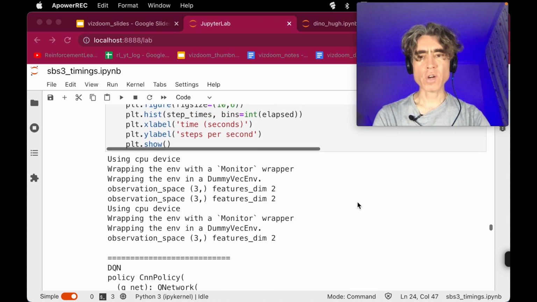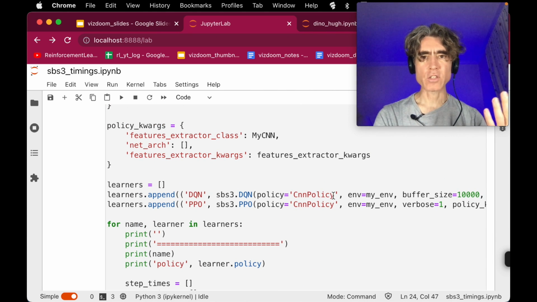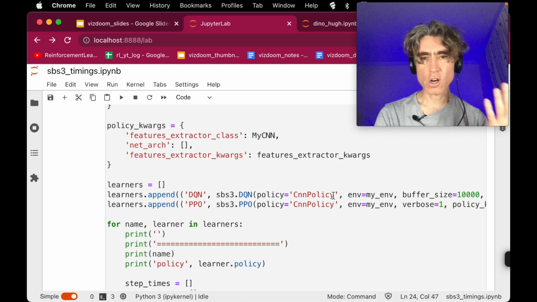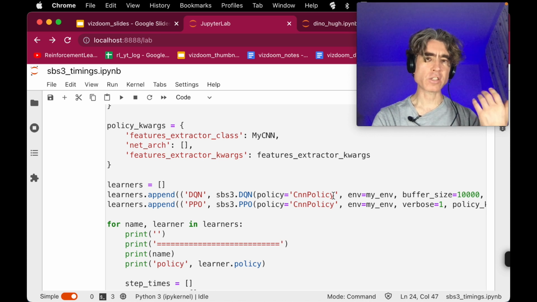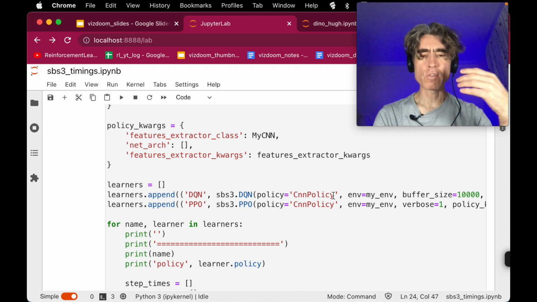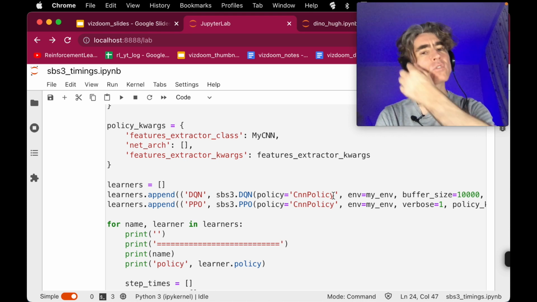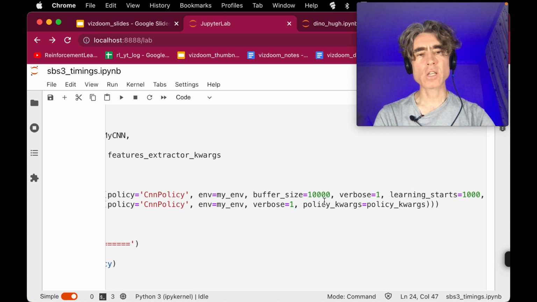So when we create the PPO, we're creating this CNN policy, right? This is instantiating a network. It's instantiating a convolutional neural network. It's instantiating the Nature CNN. It's like a 3-layer convolutional neural network. How often has this been called? All right. So how to figure this out? So what I did is I